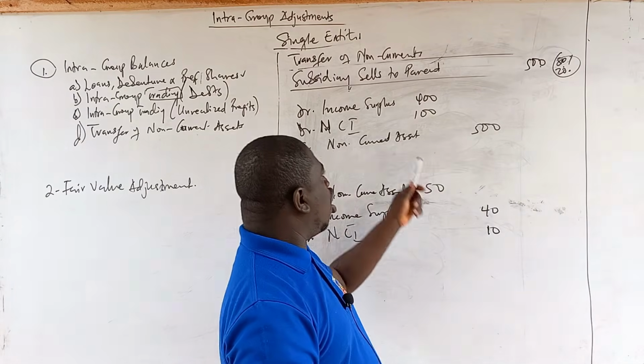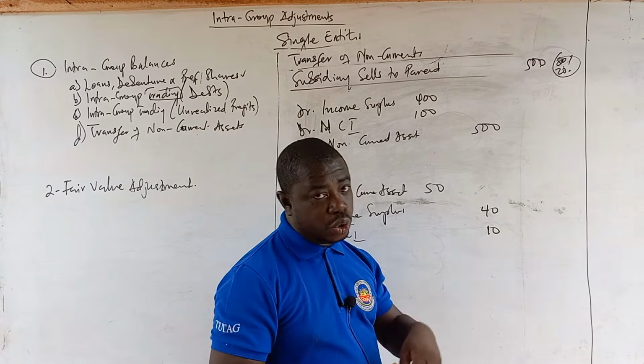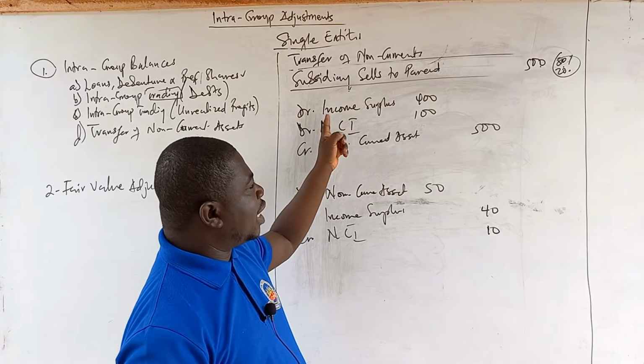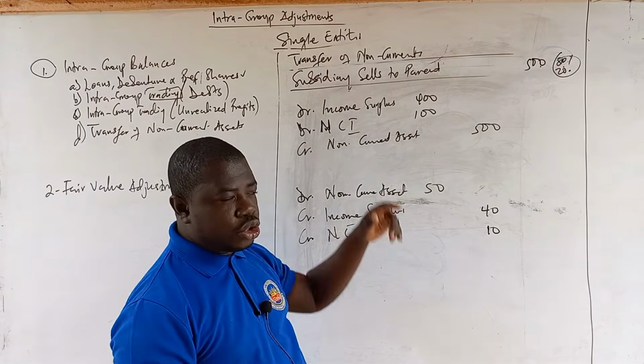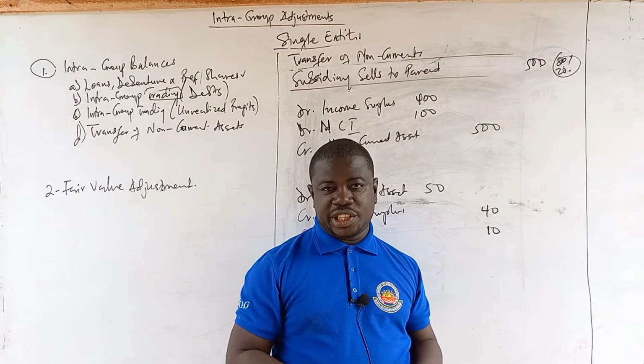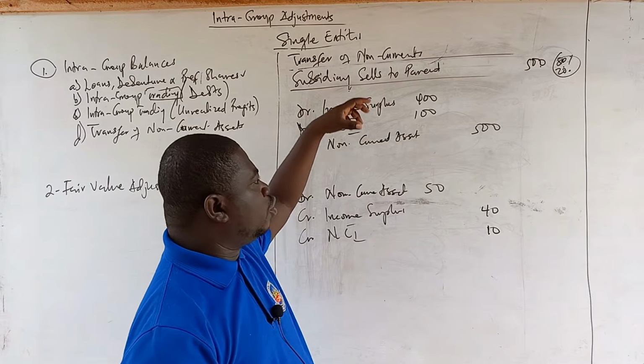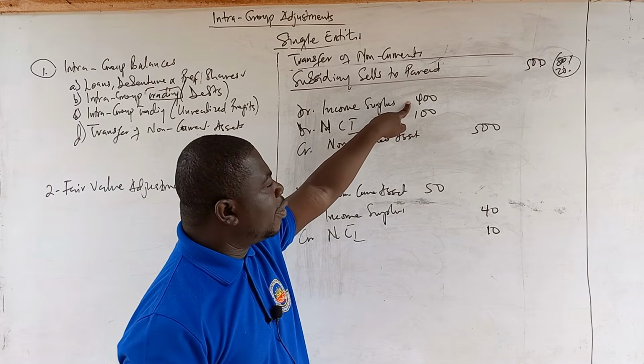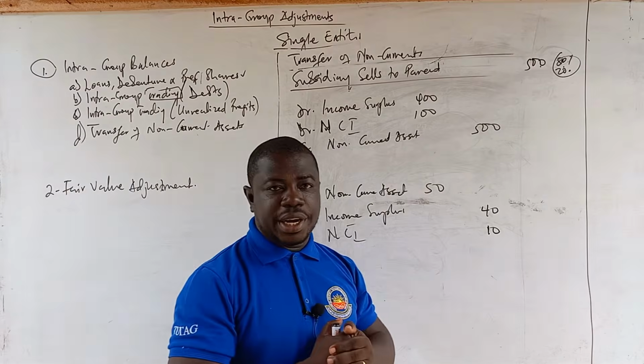the adjustment. Because all these things that I'm using debit and credit to show, whenever there is a debit for these items, it's a reduction. So when you are doing your workings, we will show in the next question that I'm going to solve that we are going to reduce these ones from the group income surplus, and then 100 from the